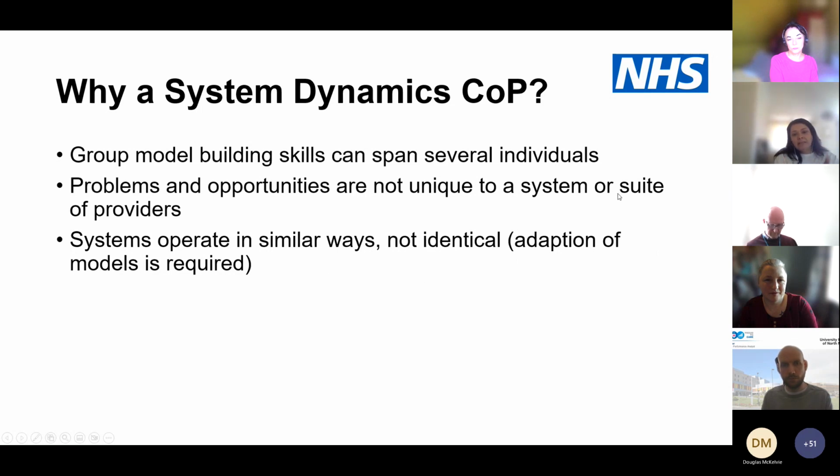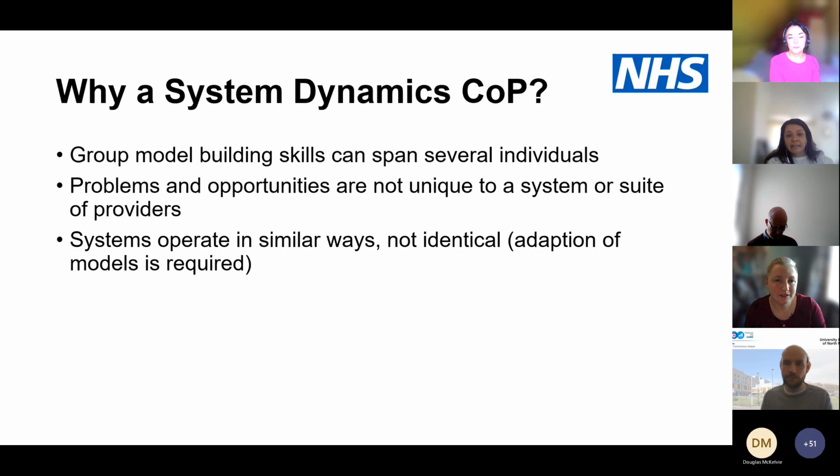There are similarities. I would say that, for example, the colorectal presentation earlier today. I'm sure all the other providers who deliver that service would like to have a model like that. Why are we expecting them to start from scratch instead of being able to share some of those models or share some of the learning? So the problems we are facing in different parts of the NHS are not unique, but also the opportunities that each provider and each ICS has are not unique. We could share those resources. So bringing people together in a community of practice is a really good opportunity for all of us.